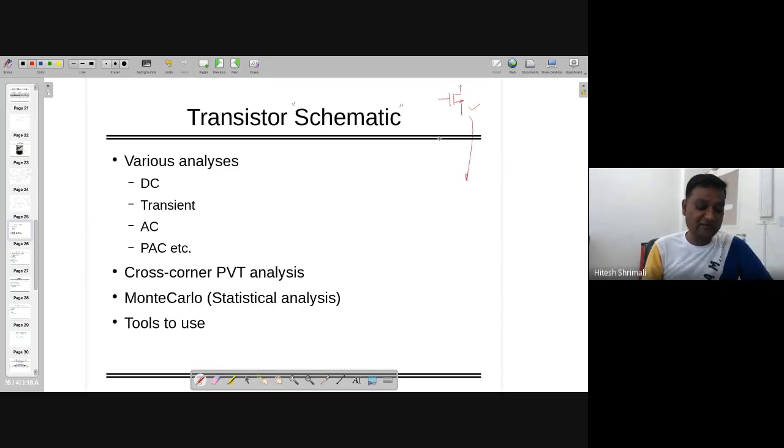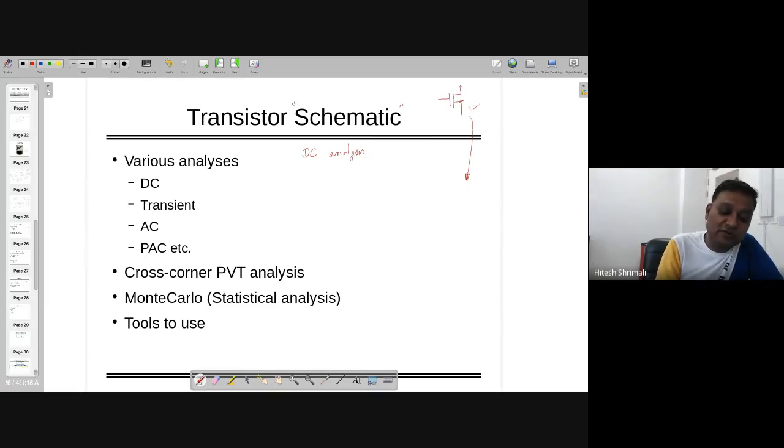All the information which I am giving, most of my previous students must be knowing, but this is a repetition for the new students, specifically for MTech CSP and MTech VLSI. Various analyses are available. You must be knowing about the DC analysis. After drawing the schematic, the first thing one should do is the DC analysis and make sure that the transistor is in the available mode of operation.